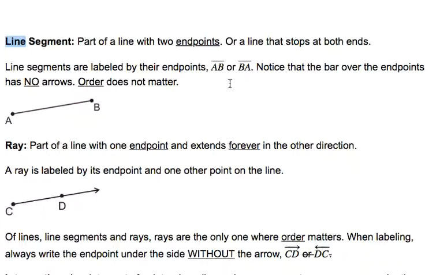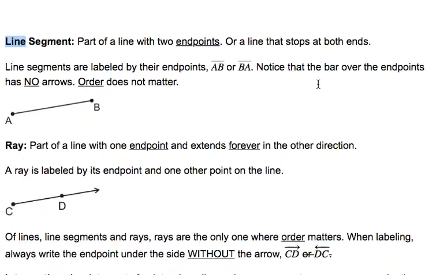Line segments are labeled by these endpoints. So this segment below can be named segment AB or BA. Okay, there's a little hat over it. That hat can be considered a bar. Notice that the bar over the endpoints has no arrows. That's really important because it helps distinguish a segment from a line. The order of the endpoints doesn't matter. Whether you go from A to B or B to A, it's covering the same distance,